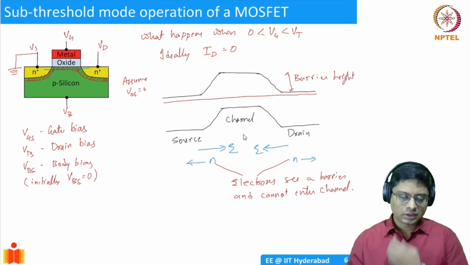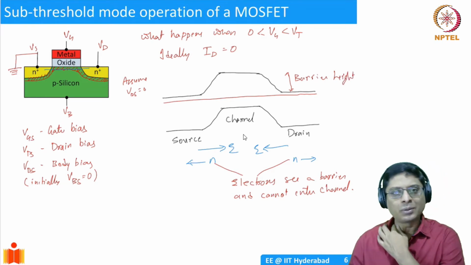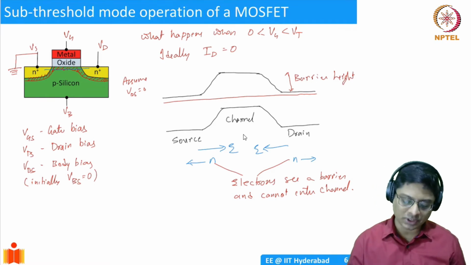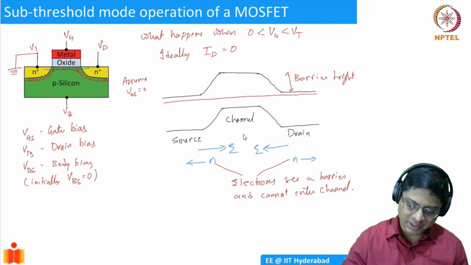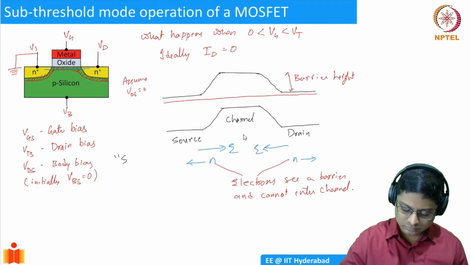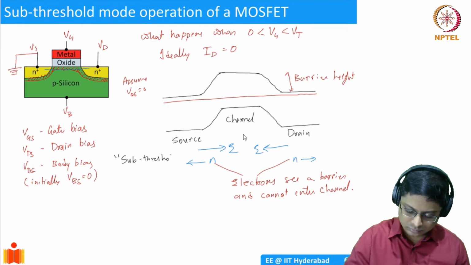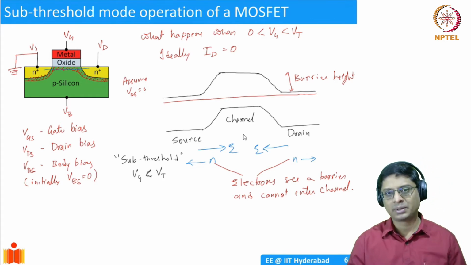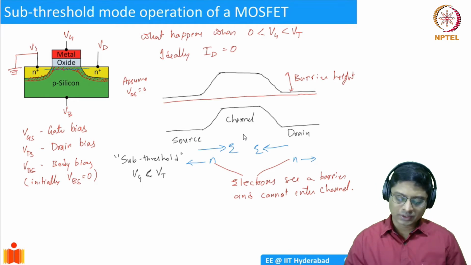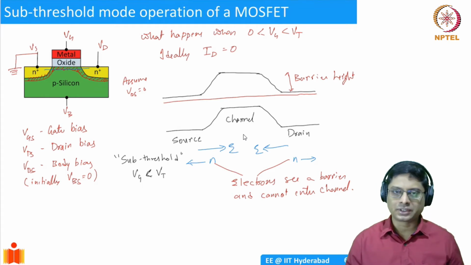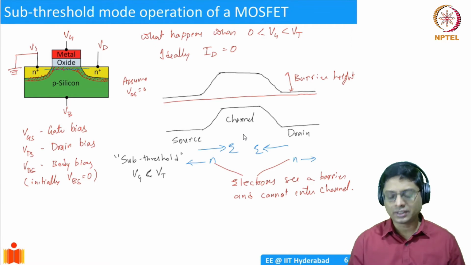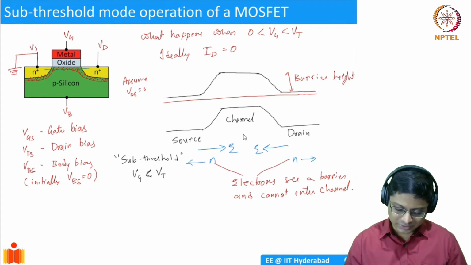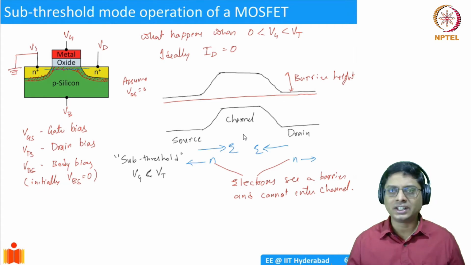Okay. So what we are saying is in an ideal MOSFET, if your gate voltage is below the threshold voltage, that is sub-threshold, we call it sub-threshold operation. So sub-threshold means VG less than VT, for an NMOS device, by the way. For a PMOS, we have to take the appropriate convention. So it will be below VT in the negative sense, 0 to minus VT. In between that, it's a sub-threshold operation for a PMOS. Okay. So now, in an ideal MOSFET, ID is 0.